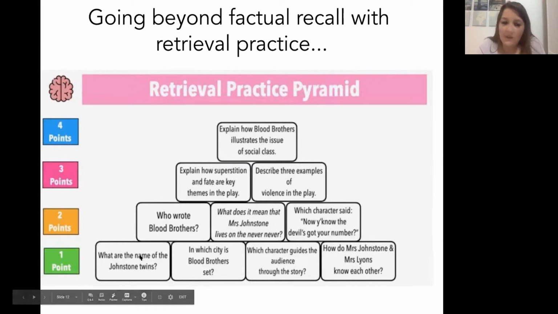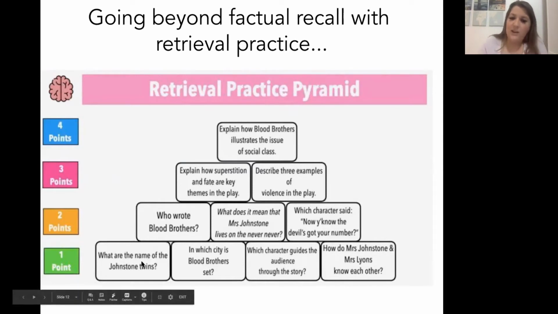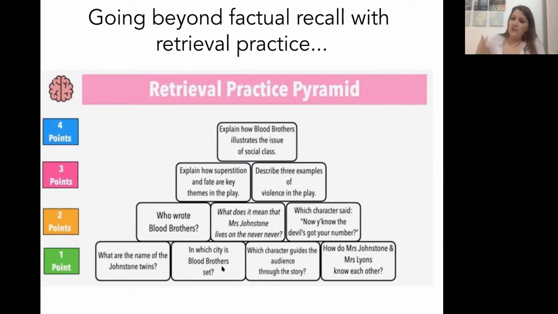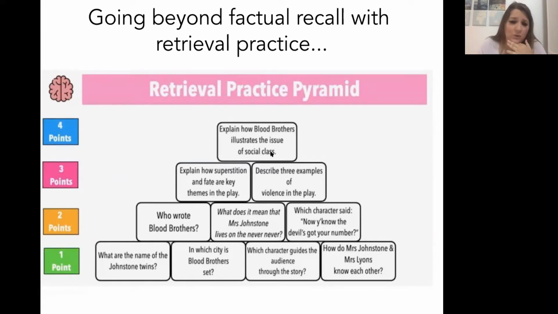You could just have one factual recall question for each point, but you can see the questions get a lot more complex. So we've got closed and open questions, like the name of the twins, or the city it was set in. These are very short factual recall answers. And then quite complex: how does Blood Brothers illustrate the issue of social class? Students have got to have an understanding of social class and themes, and it is a lot more